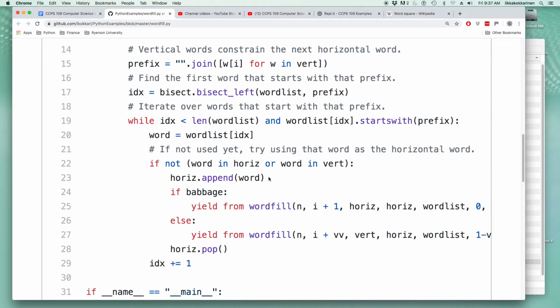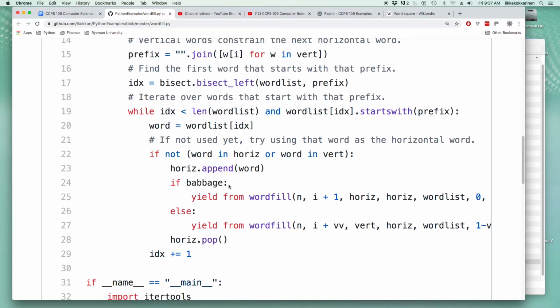So for the purposes of the recursion, let's try this word as the next one for the current row, and then the rule for the Babbage. If it's a Babbage, then we go up one level, but notice in the Babbage, the two lists are always identical. So both the horizontal and the vertical words are the same. Whereas in this general version, then we exchange the role of the vertical and the horizontal, and then now the trick, the VV here,